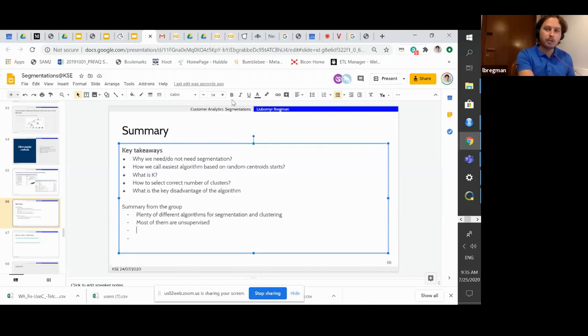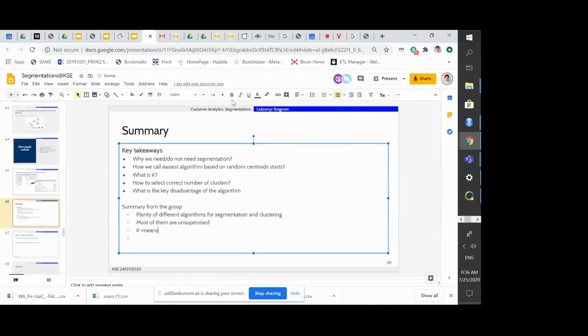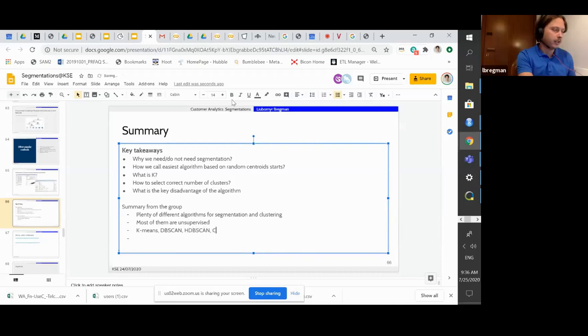So which ones did we cover so far? K-means. DBScan. HDBScan. And C-means in the end.